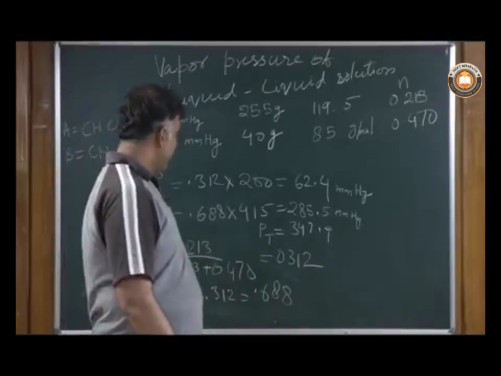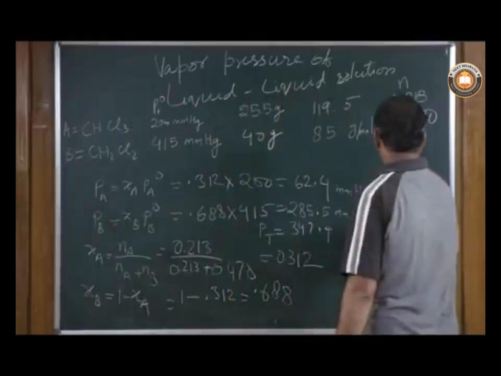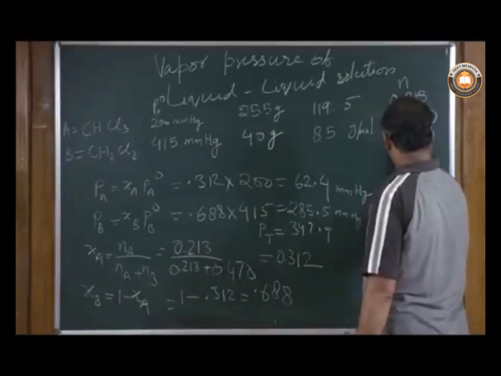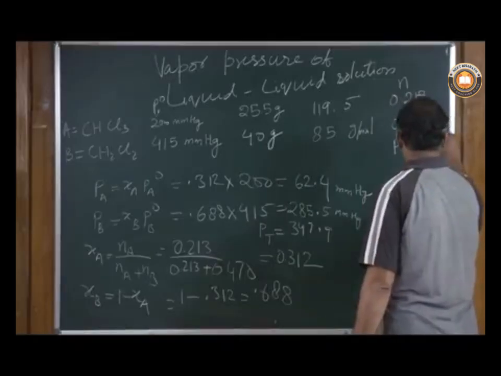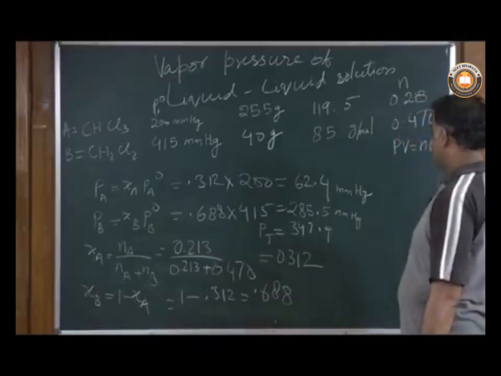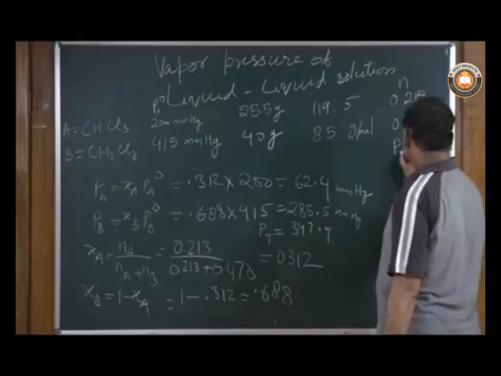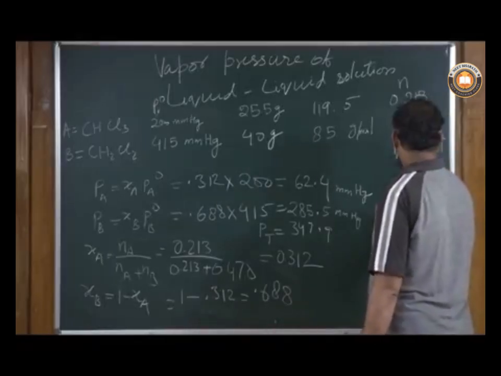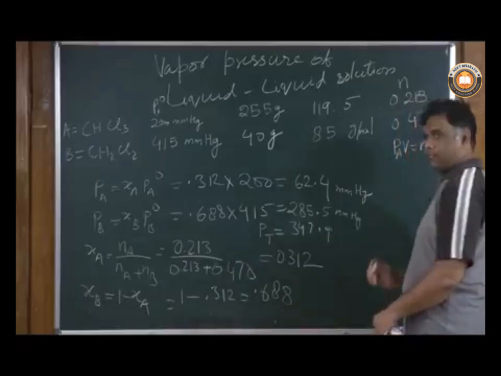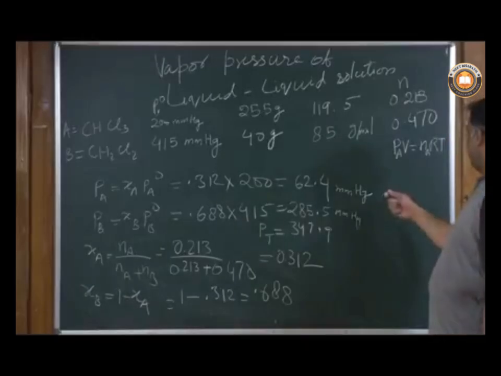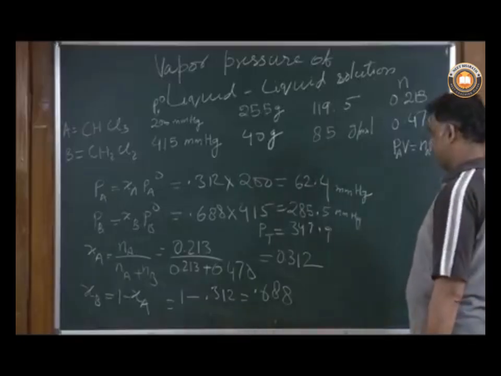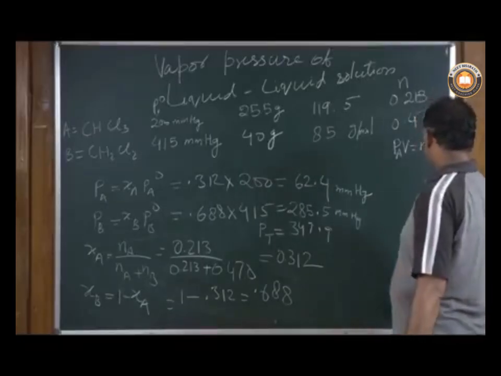Now, we know the ideal gas law, we are going to apply that: PV equals nRT. And if it is a partial pressure, then P_A V equals n_A RT. So, we need to calculate the mole fraction of A and B in the vapor phase. So, the mole fraction would be,